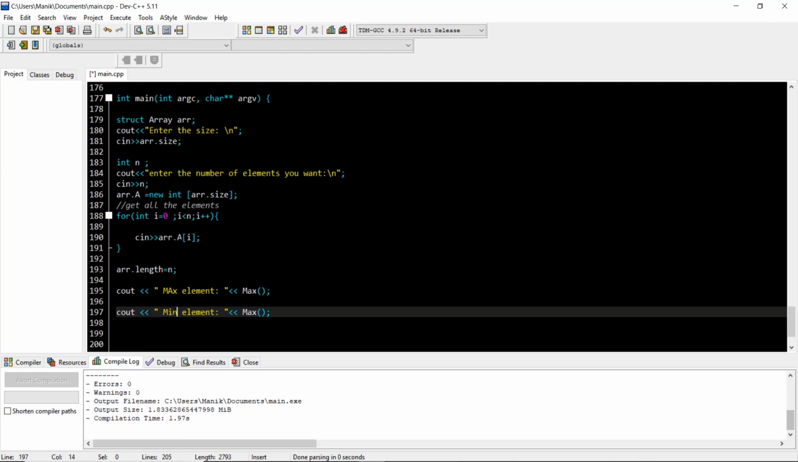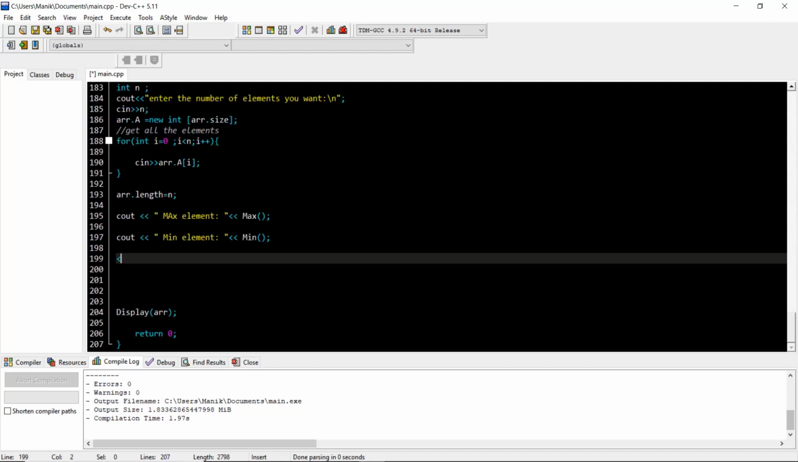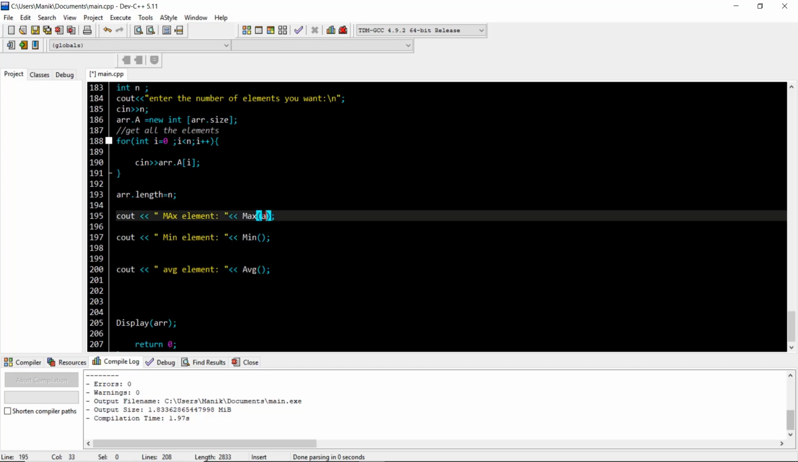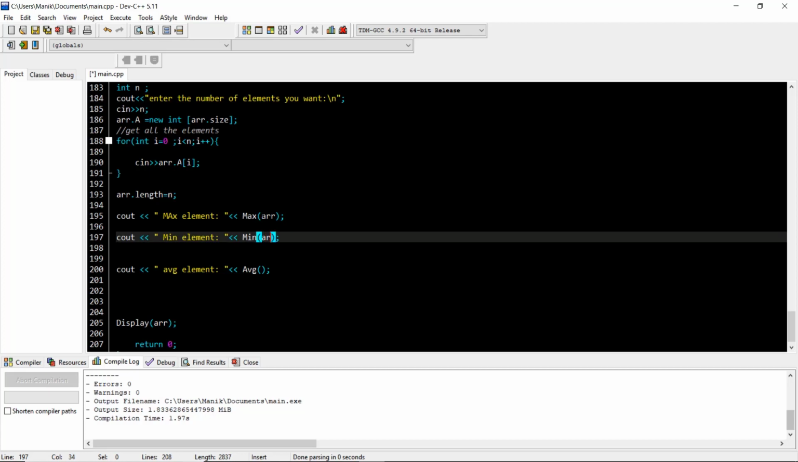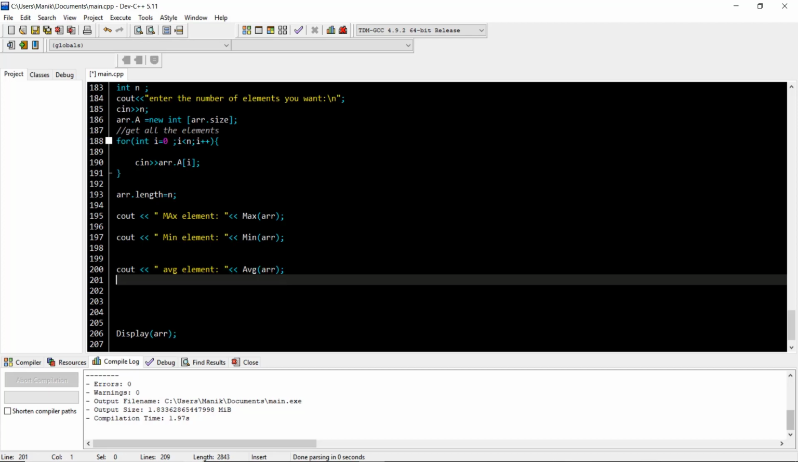Just type min and min. Okay, for average, just do this part, avg, and in the parameter give arr. Okay, so this is avg. For get and set,